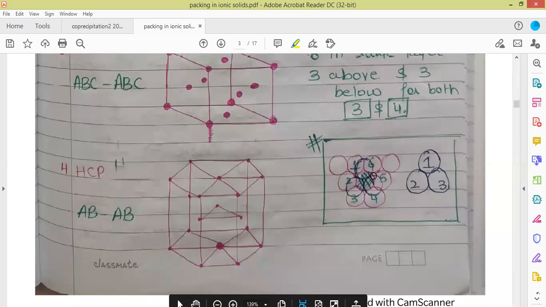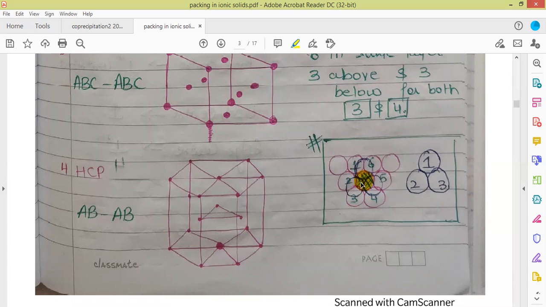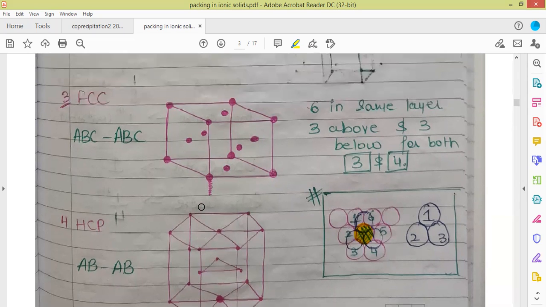So if we choose this sphere which is present in the center, filled with green colored mesh, there are 6 neighbors in its own layer. 3 are above and 3 are below this layer if we are considering the ABAB stacking pattern. In a similar way it is shown here: 6 in its own layer, 3 in the bottom layer, and 3 from the upper layer. So there are 12 nearest neighbors for the HCP lattice, and similar is the case for the FCC lattice.